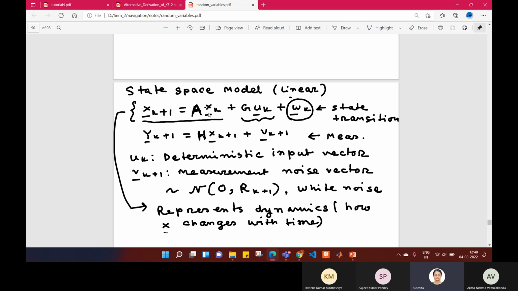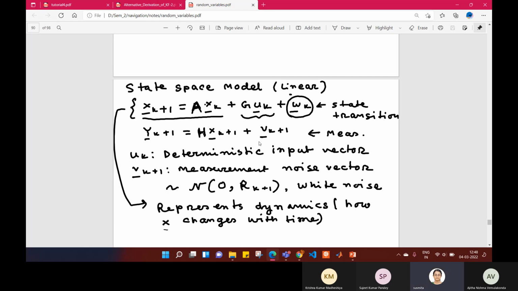A will be 1. So you just have x(k+1) equal to x(k). Uk is not there because that is what the model is. And wk is also not there because you don't have any information about it, so you just assume it to be 0. Your model is x(k+1) equal to x(k). Okay, ma'am. Then this is given. So Q is 0, the covariance of the process noise is also 0.